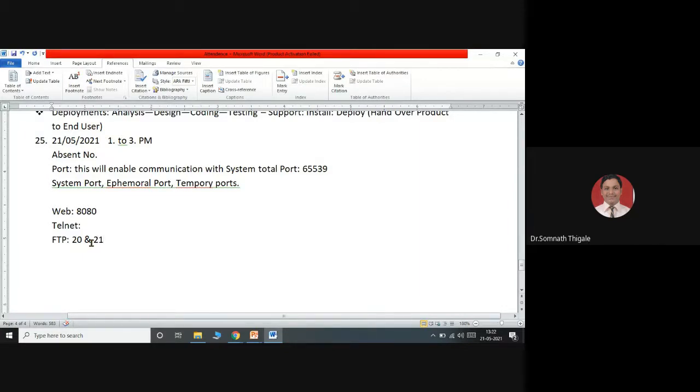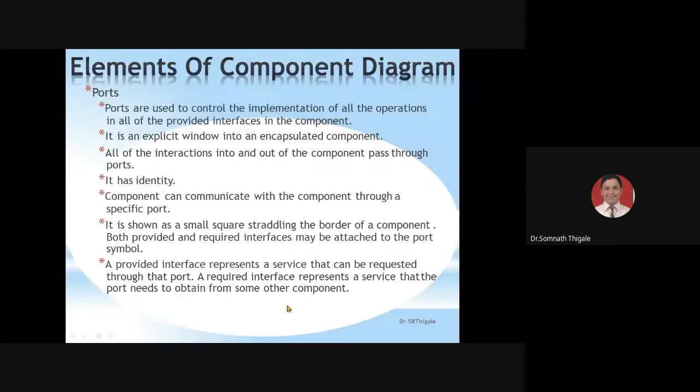So understand, ports are the gateways through which we can enter the system and go outside of the system. Ports help make the communication possible for all types of system interactions. It is shown as a small square straddling the border of a component. Both provided and required interfaces may be attached to the port symbol.